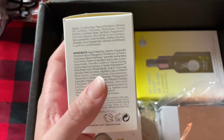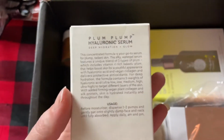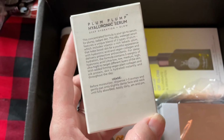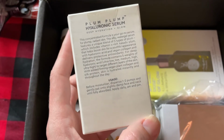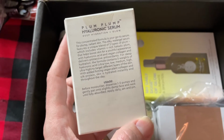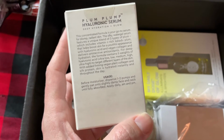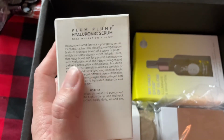And a while ago I was like, I don't think that it does anything for me. It's when you use it in your routine, and now that I've used it the proper way, I do like hyaluronic acid. So this concentrated formula is your go-to serum for plump, radiant skin. The Silky Water Gel Serum features a unique blend of 3 types of plum, which includes vitamin C-rich kakadu plum that help boost skin for a youthful appearance with hyaluronic acid and vegan collagen, which is something I'm really getting into lately,